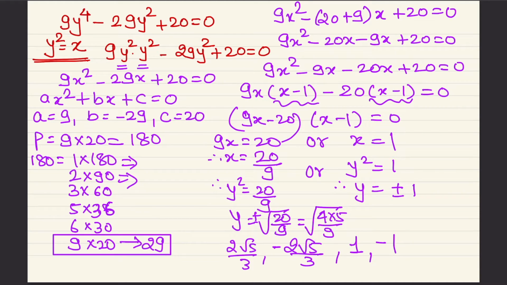So in this way we will solve this type of quadratic equation, which does not look quadratic at a glance, but by some transformation and substitution we can convert it into a quadratic equation. We can solve another type of equation, x power 6 minus 26 x cube minus 27 equal to 0. By inspection you can say that this is not a quadratic equation, but by suitable transformation we can convert it into a quadratic equation. Now we will substitute x cube is equal to y.